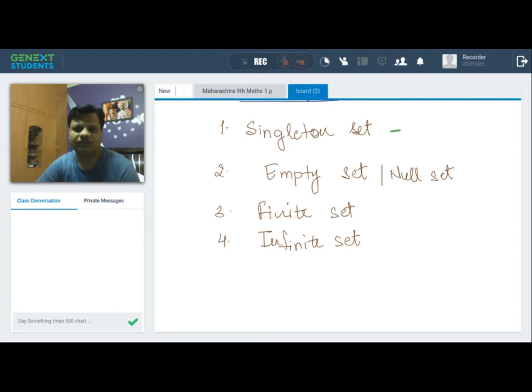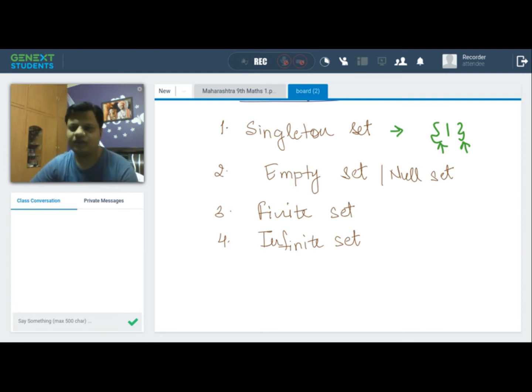When we talk about a set which has only one item or one object, that is known as a singleton. As the name says, it should contain only one object, a single object. Let's suppose {1}. This is a set. Before that, these curly braces are used to represent the set. Every number, every object, we should write in these curly brackets. This is the representation of the set. So a singleton set means it should contain only one number or any particular object.